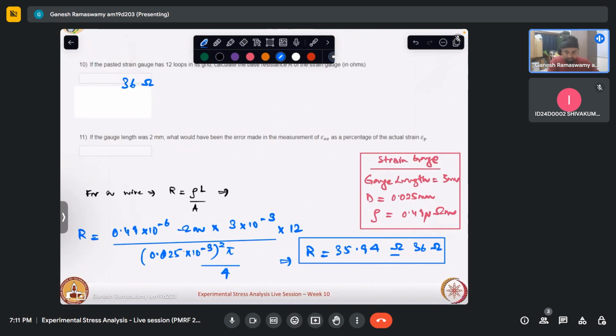Now the next question asks, if the gauge length was 2 mm as opposed to 3 mm, what would be the error made in the measurement as a percentage of the actual strains. So what we are trying to say is, if the variation was like that, if we have the same area captured like this, or if we have the area captured like this, or if we go on reducing this, we will see that